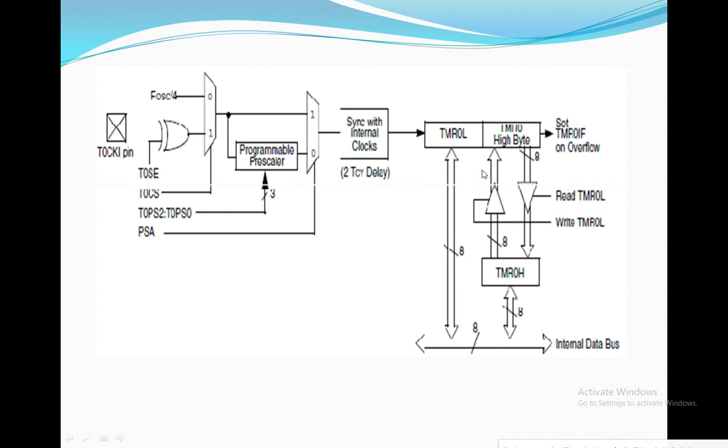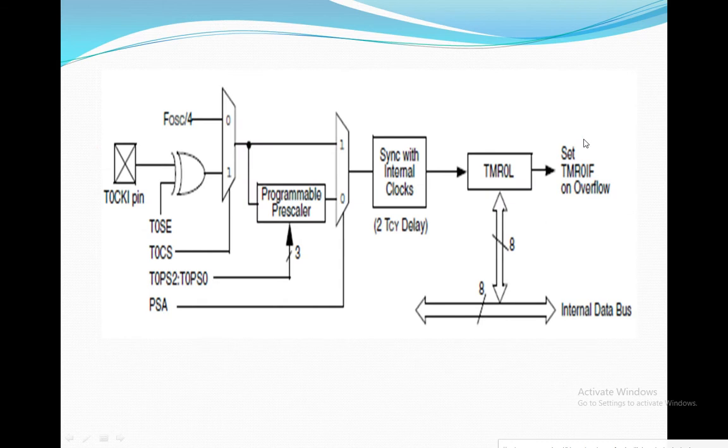Okay, after loading the values in timer 0 higher byte and lower byte, we will wait for this particular flag, the timer 0 flag, which is used for showing the condition of the timer, whether it has overflown or not. Whether the timer has rolled over or not can be checked by using this particular flag. Whenever the timer reaches its maximum value, or overflow takes place in timer 0, this particular flag is raised to 1 automatically by the microcontroller itself.